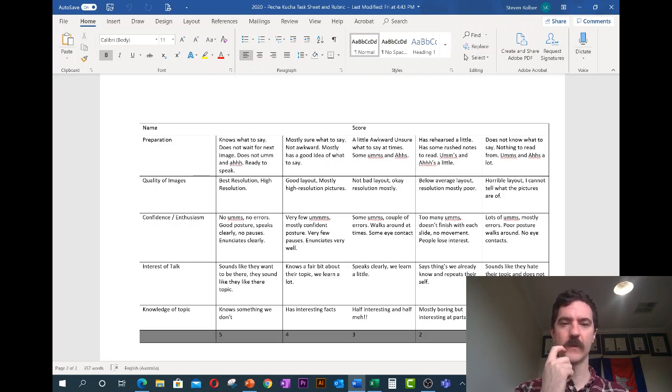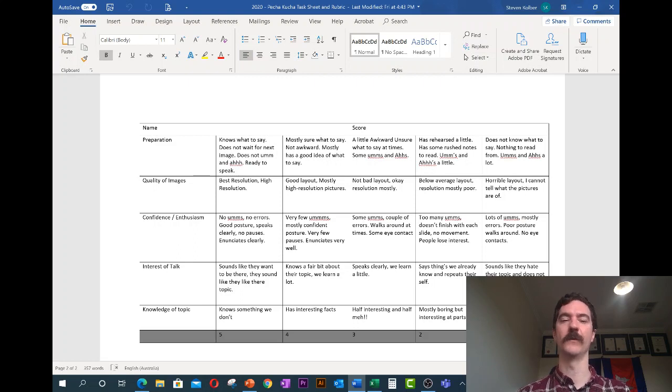The rubric we'll be using is one that was actually made by students, so it's not hard to understand. It should be quite straightforward. There are 5 categories: preparation, quality of images, confidence and enthusiasm, the interest of talk, and the knowledge of the topic. So you're expected to know what you're talking about, to sound like you care about it,